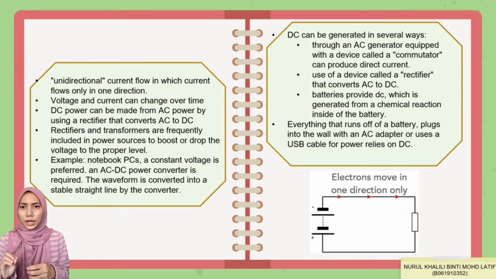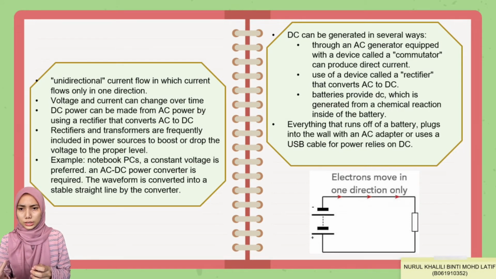This form of current comes from many areas like batteries, solar cells, fuel cells, and alternators equipped with commutators that create direct energy. DC power can also be made from AC power by using a rectifier that converts AC to DC. This is because the voltage produced by DC electricity is so steady, so most electronics require it. That is why most gadgets use DC power sources like batteries or require a rectifier to convert AC power from